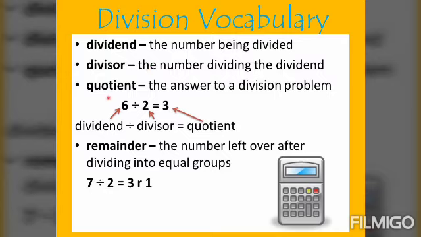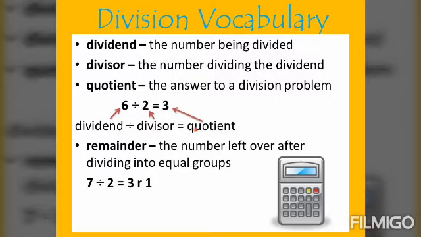And the last one is the quotient. The quotient is the answer to a division problem. I have your example below, guys: 6 divided by 2 equals 3. Now let us identify the parts. The 6 is called the dividend, the 2 is the divisor, and the 3 is the quotient,